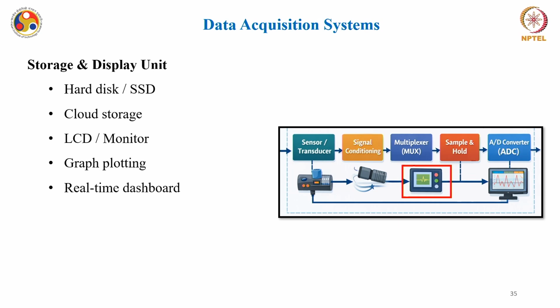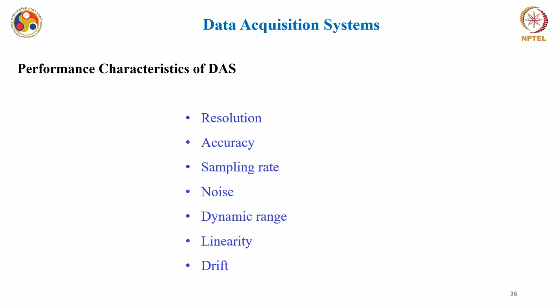Okay, that means you have a real time dashboard where you can visualize the data that is being acquired, or which has already been processed. Now, there are various performance characteristics of DAS, very similar to what we have seen for the sensors. Like we discussed the static and dynamic characteristics of a sensor system, similarly for DAS you have different performance characteristics including resolution, accuracy, dynamic range, linearity, drift and so on, but along